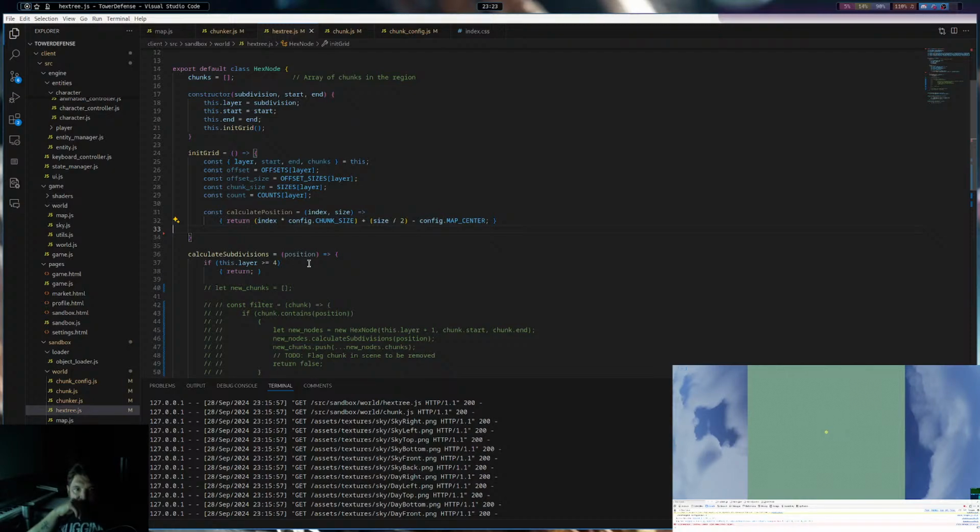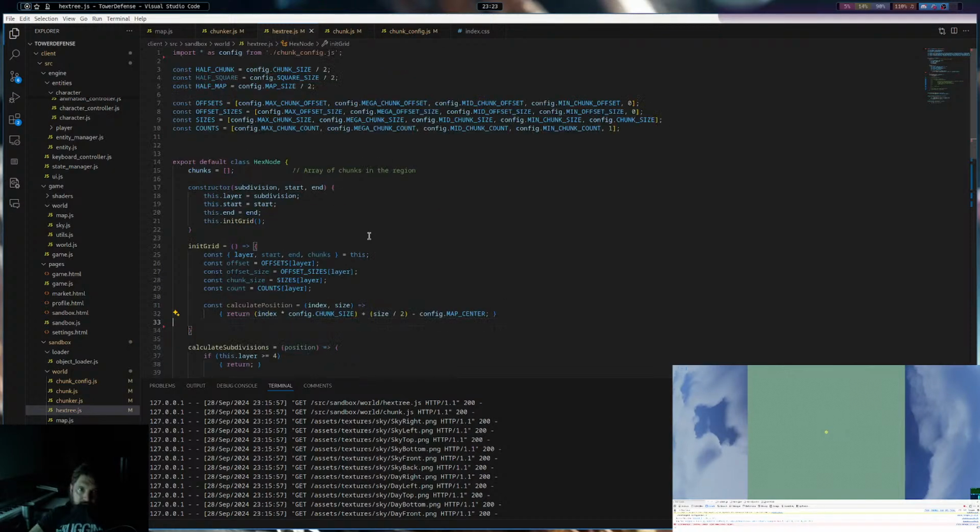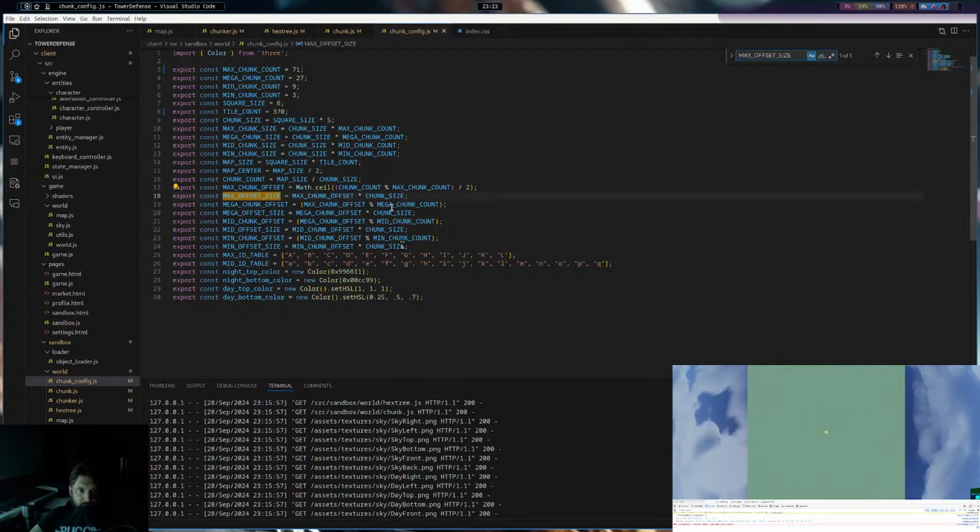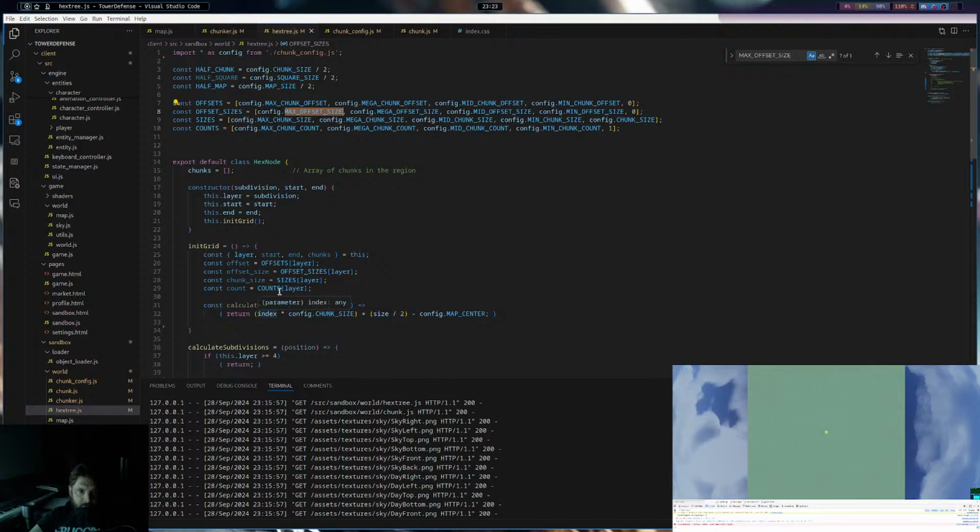So the layer is the subdivision count, which would be the max chunk count. And then our offset, max chunk offset. And this is the actual offset size.